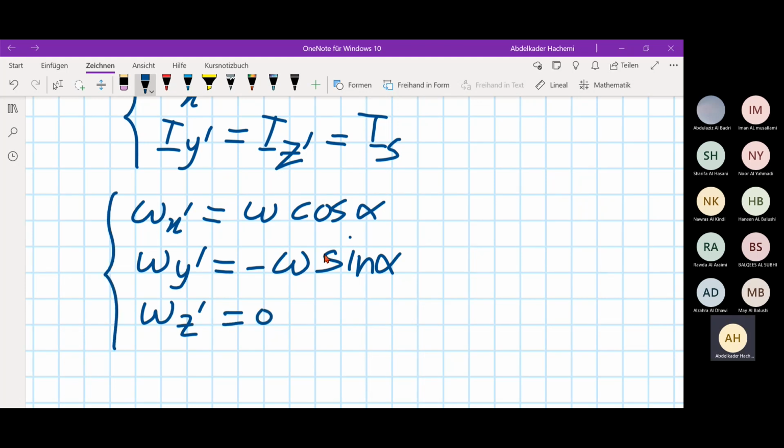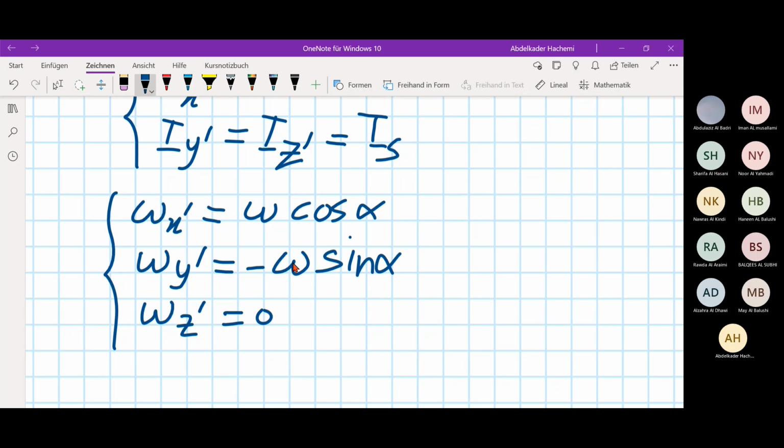There is no component along the z prime direction. Okay, and now only to define here for the case of LO, now we can make the